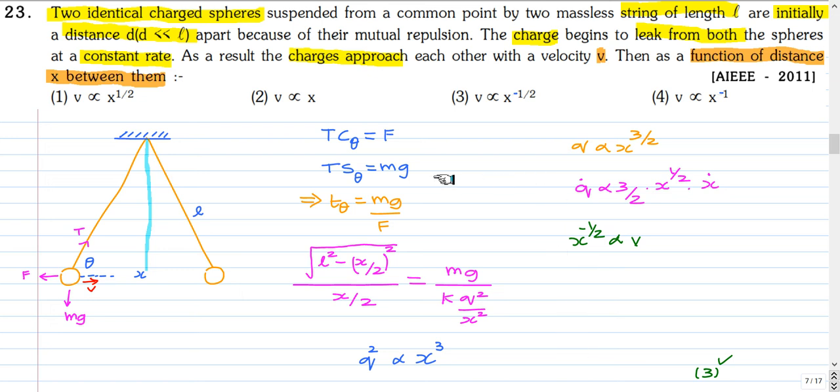While solving this, we have made an assumption that the acceleration is very small. Actually, this force balance equation is not strictly valid, because since the velocity is changing, there is some acceleration. So the correct force balance equation will be T cos theta minus F equal to m into ax, and in the vertical direction mg minus T sin theta equal to m into ay. But that will make the problem complicated. So we are making the assumption that this acceleration is very small. So it's as if the force is in balance.